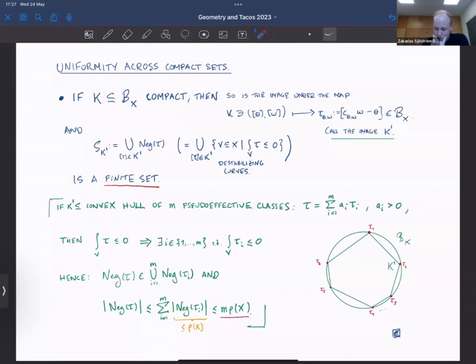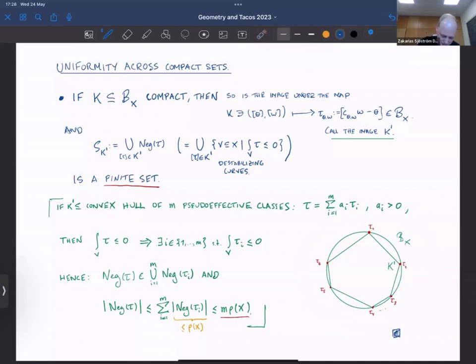So then this would be the union over all destabilizing curves associated to each of these initial data. Then actually this is a finite set. And the way to see this is simply that being a compact K prime inside of this big cone, it will be contained in the convex hull of some number of pseudo-effective classes, so illustrated somewhat like in this picture. So tau can be written as a linear combination of these generating classes here, tau_i, and then we will